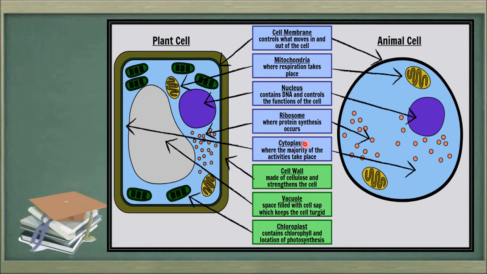So cytoplasm is a site where the majority of activities take place. This you need to understand a little more. So look at the structure. This black outlining boundary is the cell membrane. Got it? The outermost lining is the cell membrane. This is the nucleus. Now whatever space is between the cell membrane and the nucleus, this entire light blue portion,